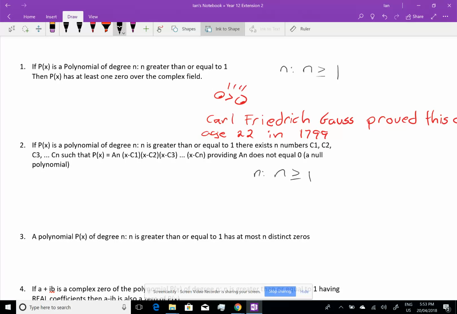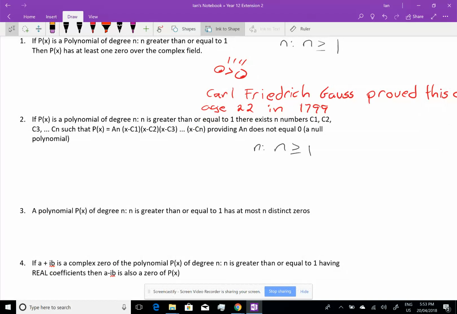What does this mean? This means that there are exactly